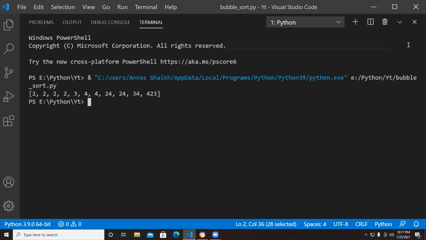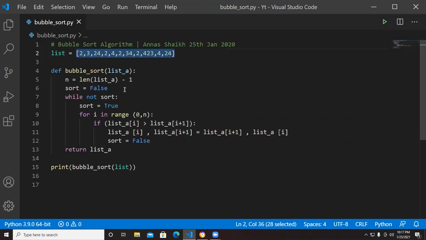To recap how we did it: first we made a function with the name of bubble sort. It has the parameter list A, and then we store the index, the number of elements minus 1, in the list. Then we made a status variable, which stores the current status of the loop, whether it's sorted or not. Then we loop till it is sorted. Then if the list was sorted, we switch that status variable to true, because later if the list is not sorted, we will set it to false.